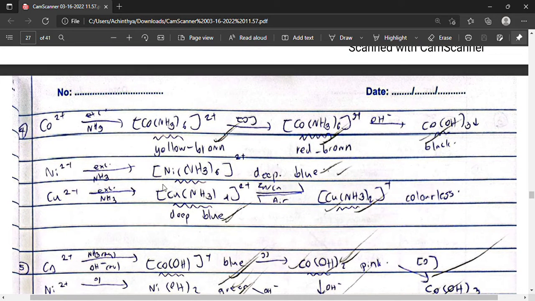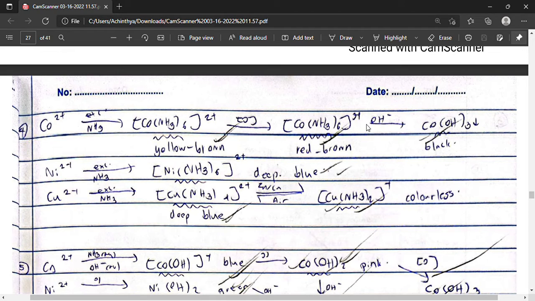Now let's talk about the reactions with excess ammonia. If we add excess ammonia into the cobalt ion, we get a yellow-brown amine complex of cobalt, hexaamminecobalt 2 ion. If we add an oxidizing agent into it, like permanganate or dichromate or hydrogen peroxide, the cobalt gets oxidized from the +2 to the +3 oxidation state and forms the red-brown amine complex known as hexaamminecobalt 3 ion,